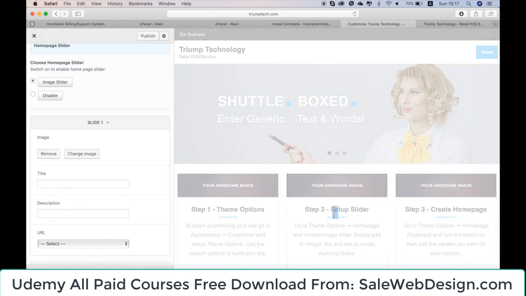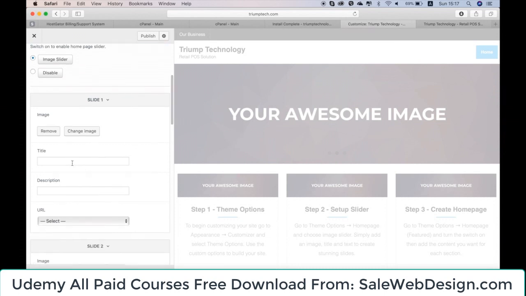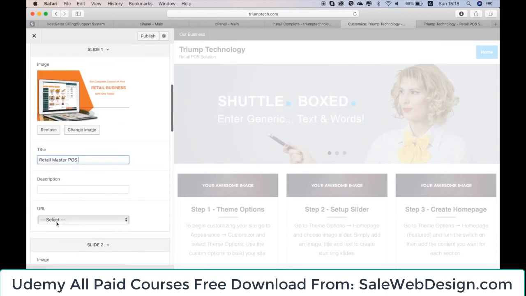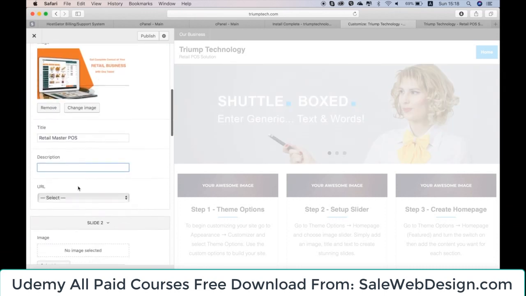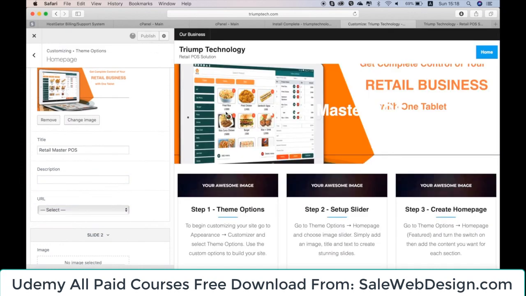So choose image, and that image will appear on the slide number 1. And what we can do is put the title for this. We want to do the retail master post, because that's the name of this image. And we can add the description, and we can also add the URL, and we publish it, and that will